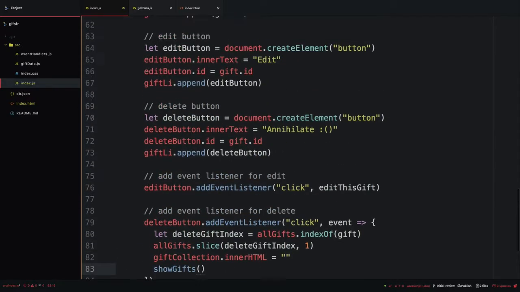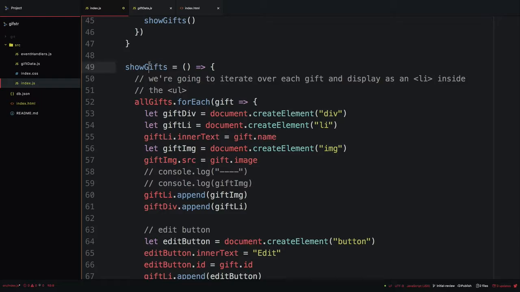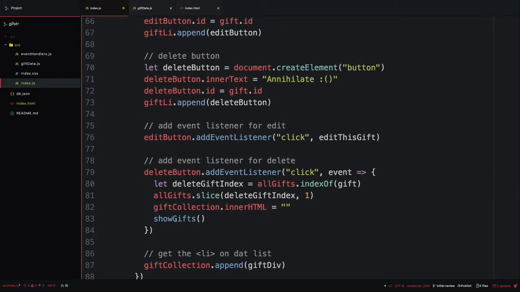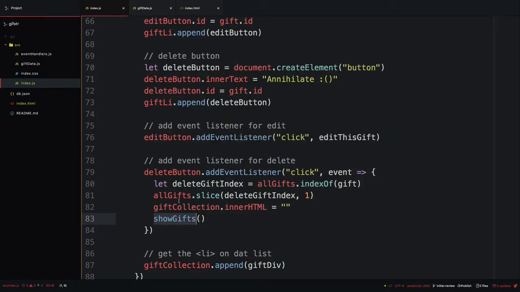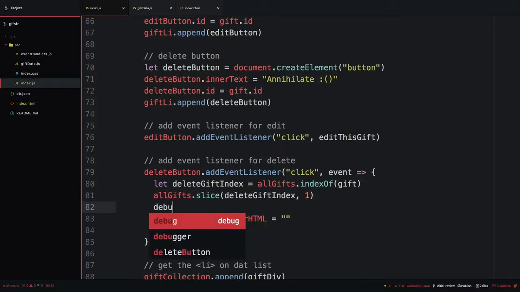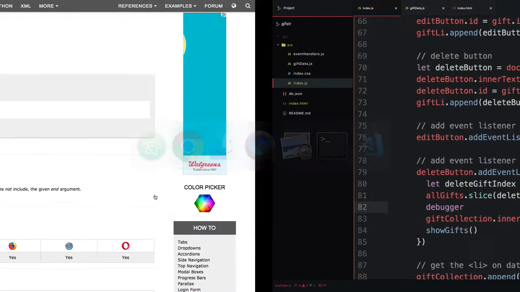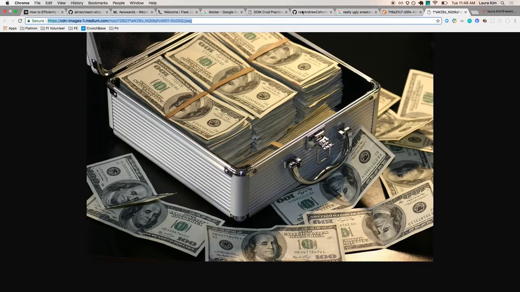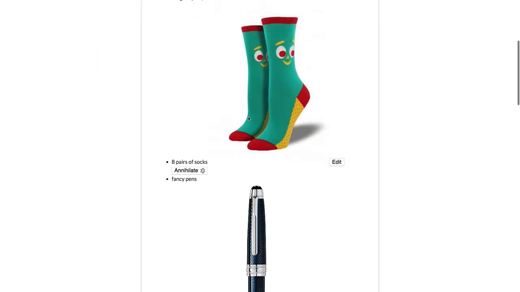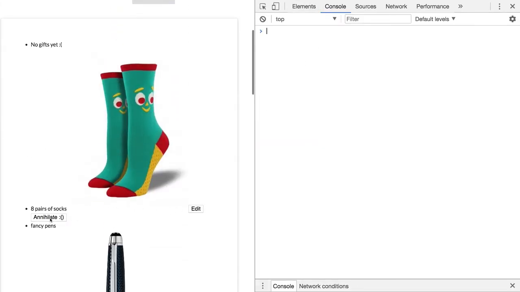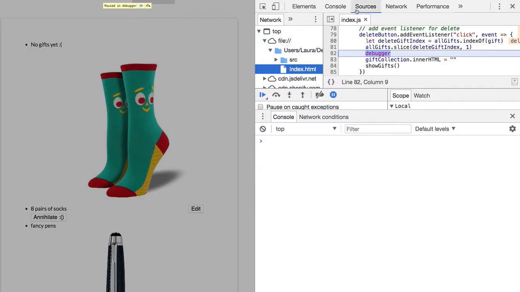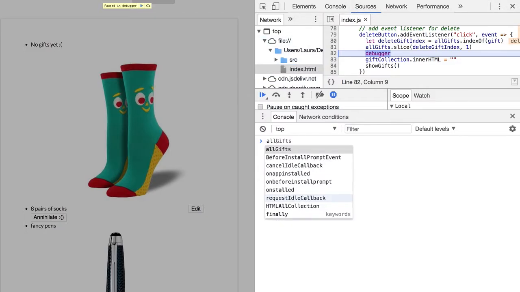I'm not sure if we can invoke this function while we're defining it, but let's check. All gifts. You know what? I'm going to put a debugger here. Let me not just assume that I know more JavaScript than I actually do. I'm going to refresh. I want to delete this first one. We're hitting the debugger. So if we look at all gifts now,